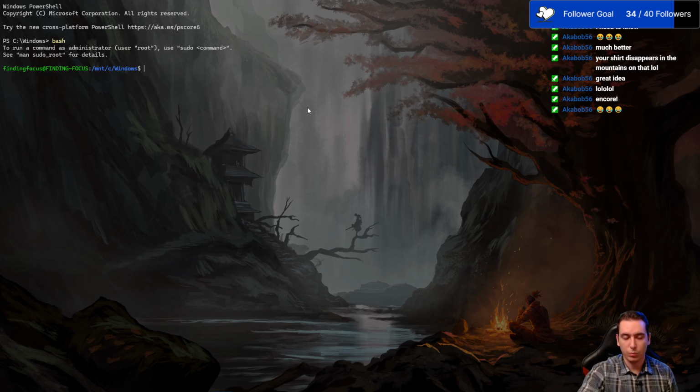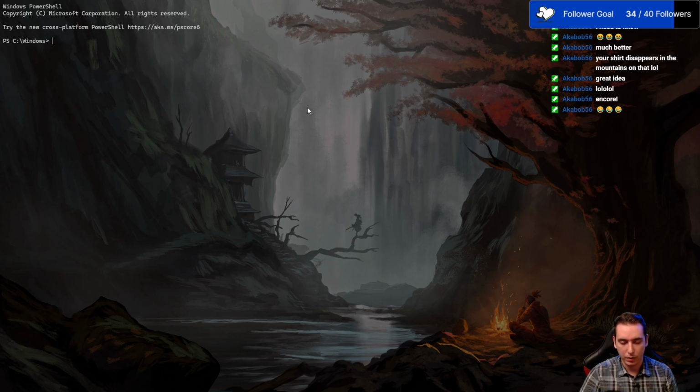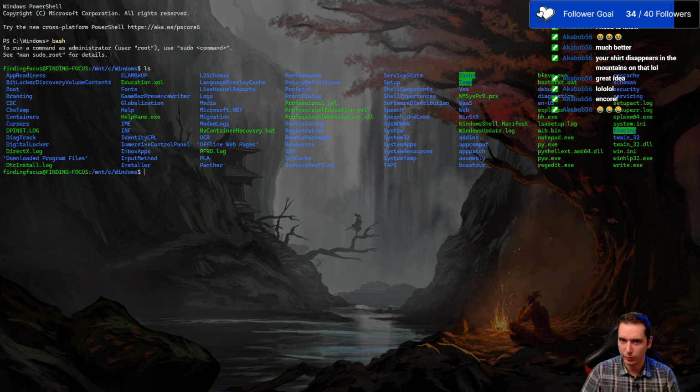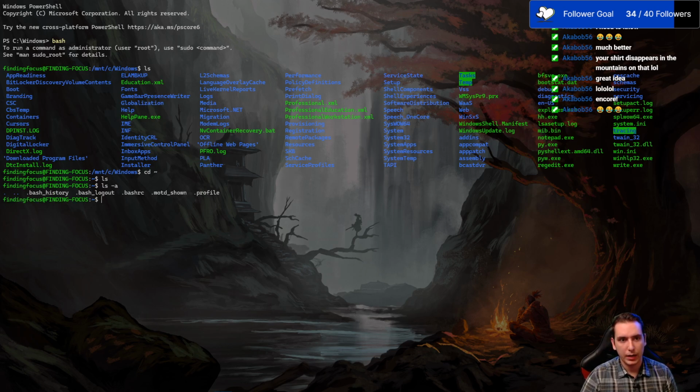Now, one thing I do want is whenever we open a new tab like this, like let's say we open a new tab and we go into our bash, we don't want to be in this weird folder, Mount C Windows. We want to be in our main home folder. So what we can do is change directory to our home folder, and that'll be where all our configs are and everything. But I don't want to have to cd home every single time, so I'm thinking we'll try to